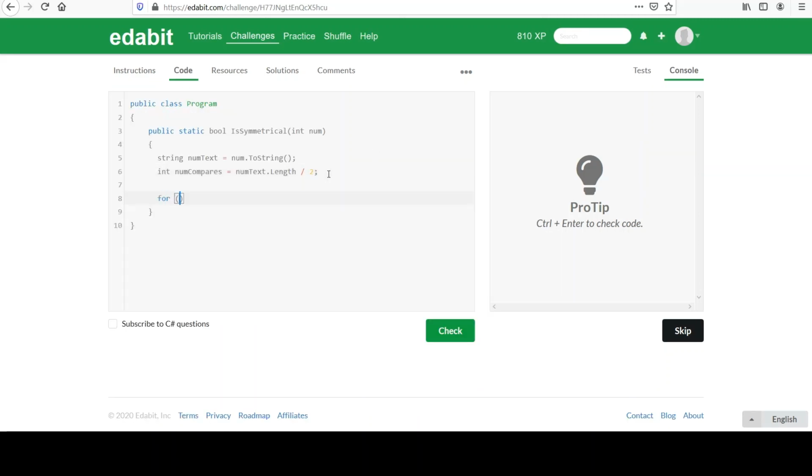Then I'll make my loop: for I = 0; I is less than numCompares; increment I at each point. We're going to go through half. Now we're going to check each character of the string in turn. And we can access those characters from a string. We know that it's a collection of chars. So let's say if